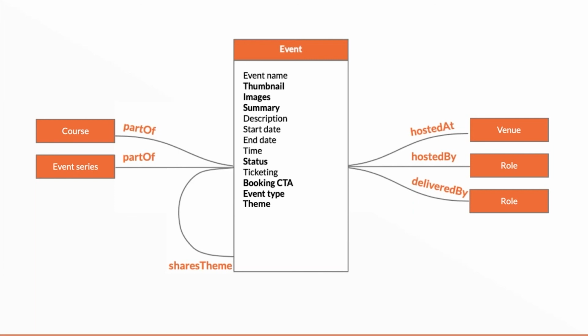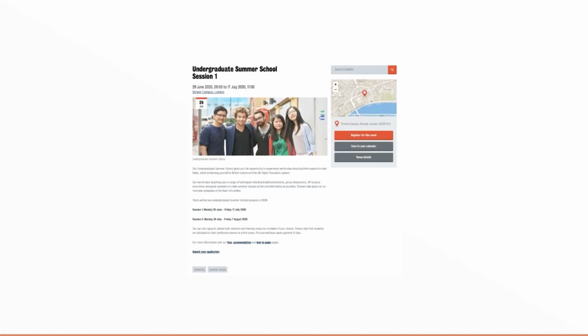Another way of looking at this is to say, imagine an event in the wild. What are the different things we want to be able to show, but how do we want users to be able to cut this? How do we want users to be able to sort it and filter it? How do we want to be able to show related events? And you can work backwards from there to say, right, in that case, we need to tag it in a certain way, or we need to add certain attributes to the model.